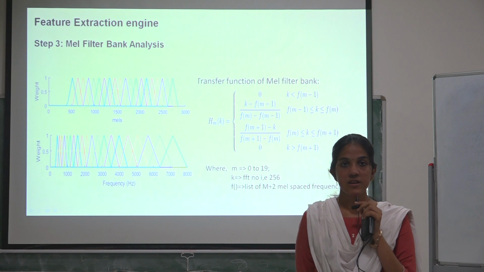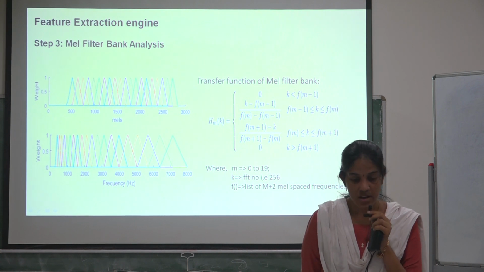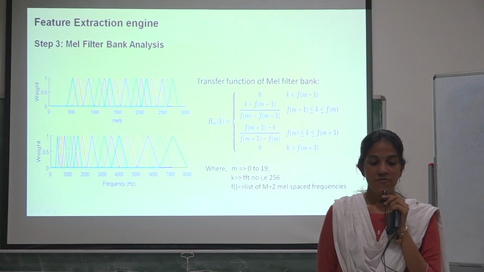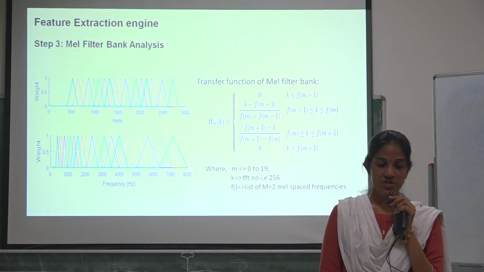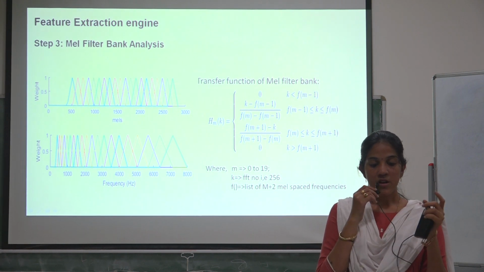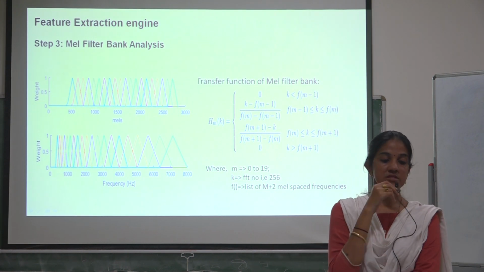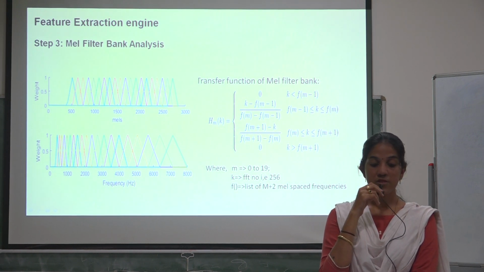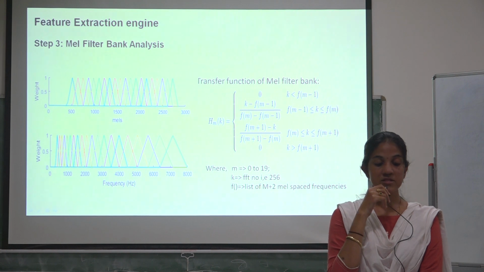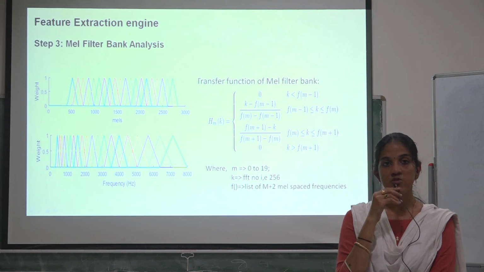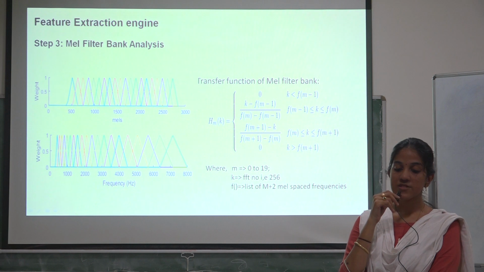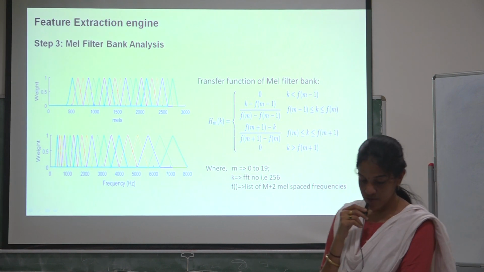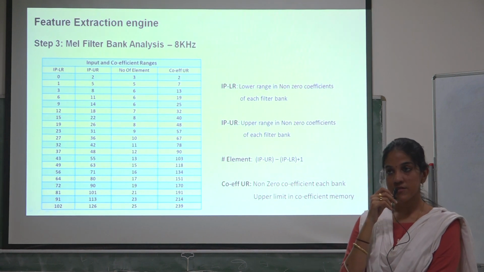For the MEL filter bank, we actually need not have any hardware module. If we implement the transfer function, the MATLAB result, when plotted on a MEL scale, was equally spaced filter banks, but when plotted on a frequency scale, as discussed, the lower frequency range has more number of filters, and the upper frequency range has fewer filters. From the properties of these values, actually,